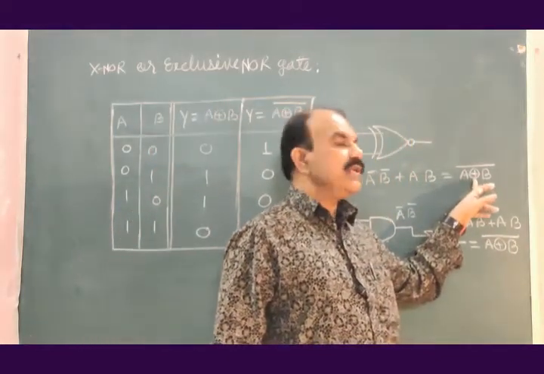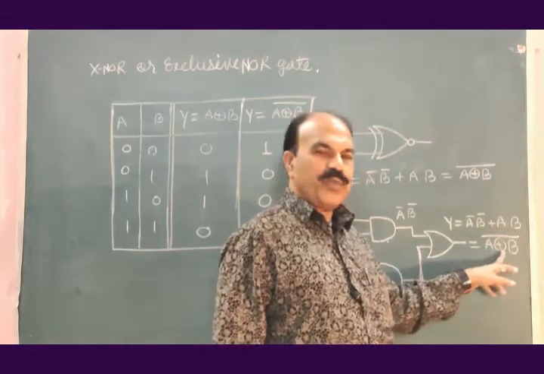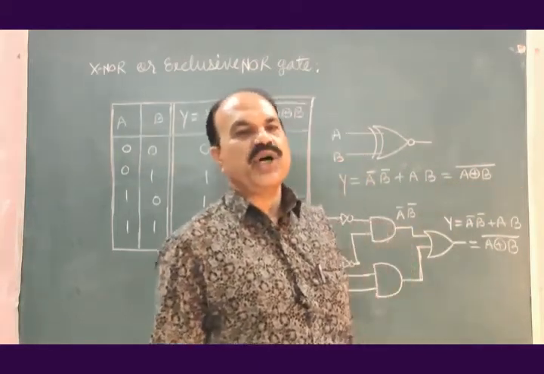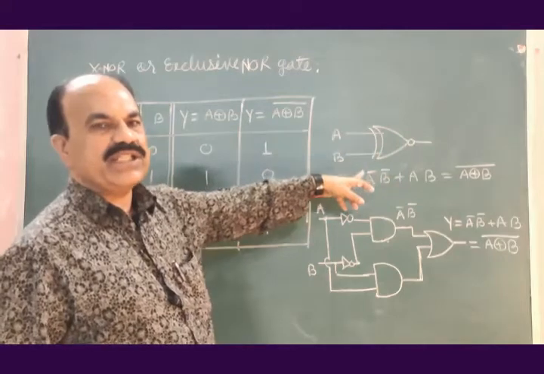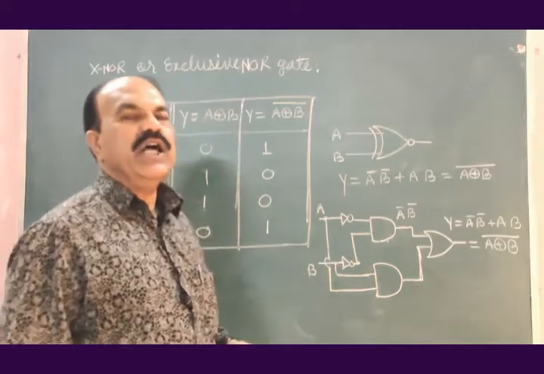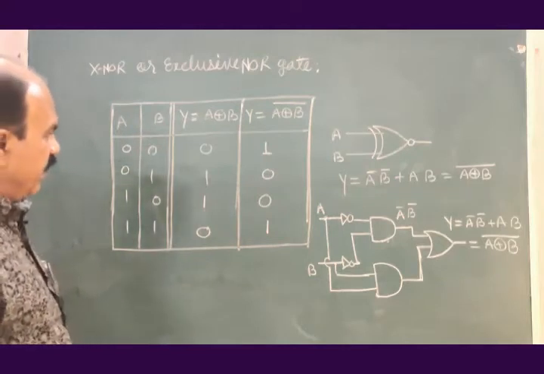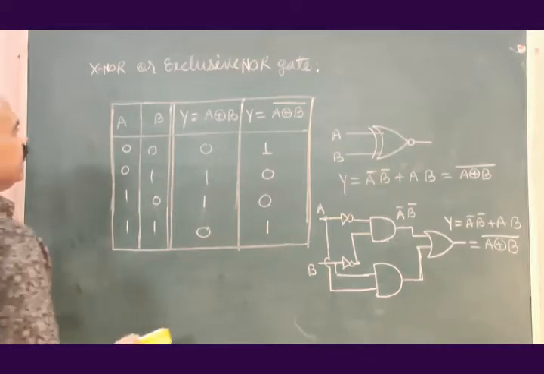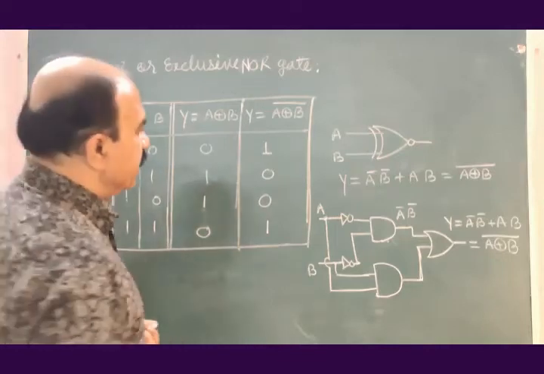Encircled plus sign is the symbol for XOR operation. When a bar is put over this, it will be the XNOR operation. Okay. This way, this is the 2-input XNOR gate, and such a 2-input XNOR gate can be obtained by using these basic logic gates. We may have one more way of getting XNOR gate using the other gates.